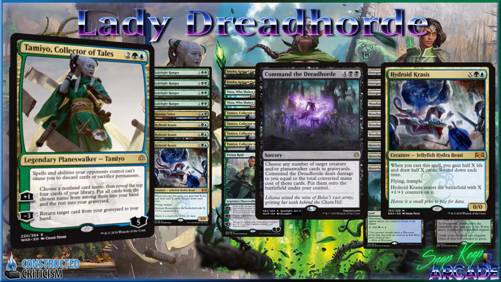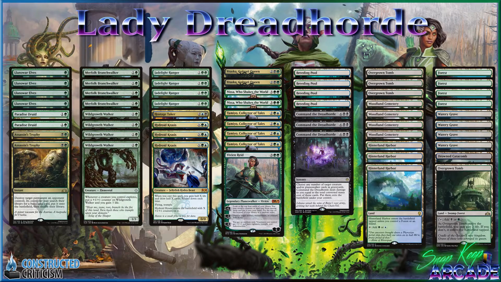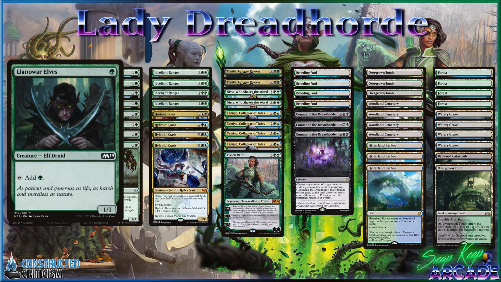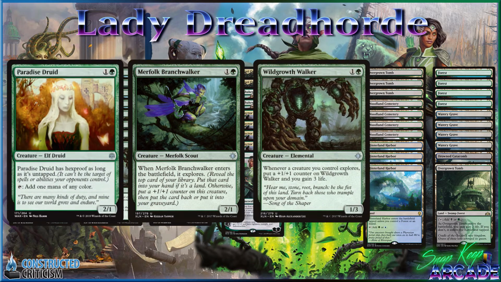And one of the reasons that you play something like Paradise Druid is your ability to play Tamiyo a little bit early. It ticks up and goes to 6 loyalty, making it really hard to kill, and then your opponents can't target you with their discard spells and make you sacrifice different things, which has been powerful. So for our creatures, we have 4 Llanowar Elves, 4 Merfolk Branchwalker, 2 Paradise Druid, 4 Wildgrowth Walker,